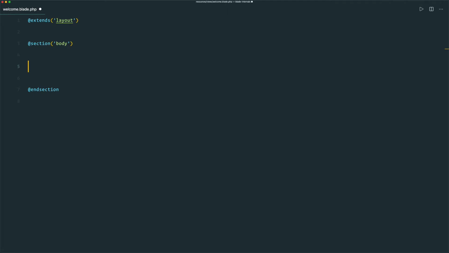You've probably noticed that a lot of core directives in Blade have a corresponding ending tag. For example, if you have an if tag, you probably have a corresponding end if. Same for each, you probably have an end for each. But those are pretty simple because they just use PHP's built-in templating syntax and don't really need to do anything